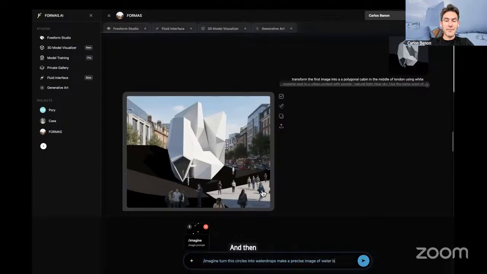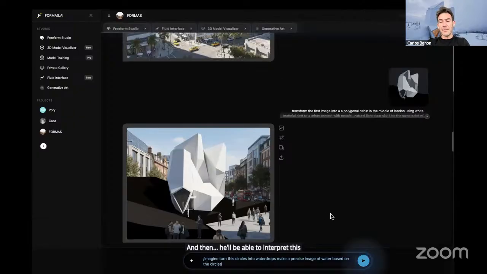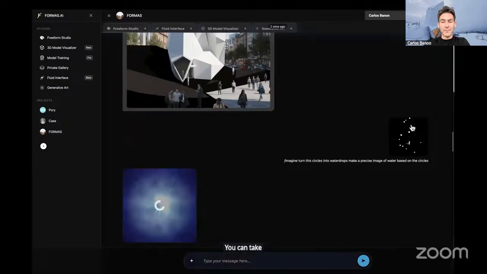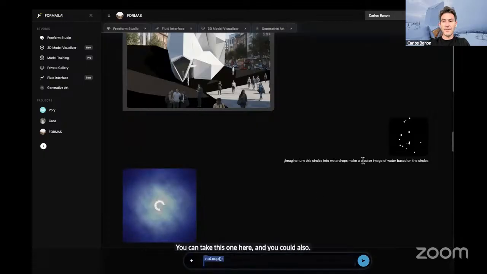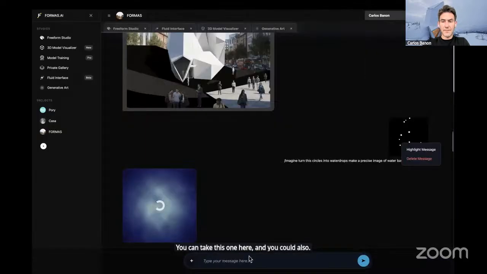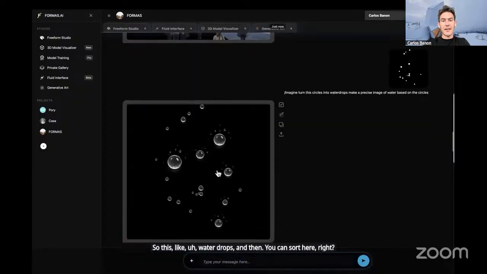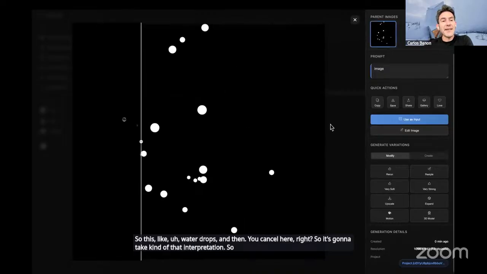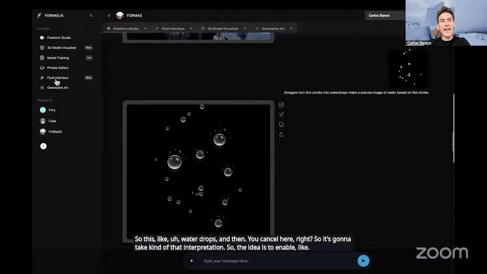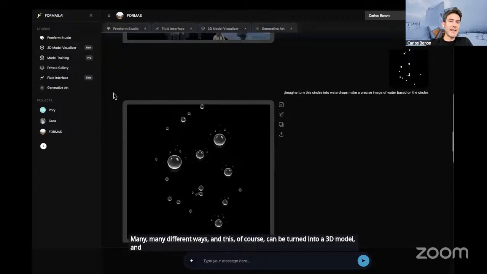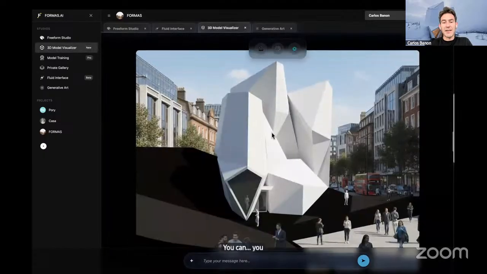It should be able to interpret this in multiple ways, so you can take this one here, and it takes that interpretation. The idea is to enable many different ways of working, and this can be turned into a 3D model, and the 3D model can go back to the visualizer, where you can react and say, well, I want to change the prompt.